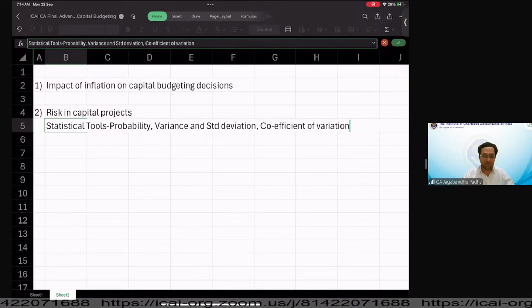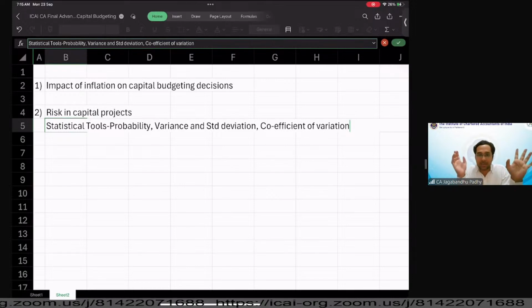Yes, guys, I'm going to touch upon these topics to understand the risk in a capital project, because these are really insightful techniques which help us measure the risk of a project. But trust me, guys, we are going to understand these topics with more practical orientation in our field, right?